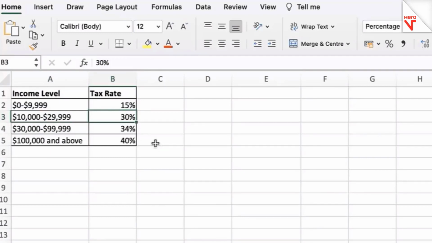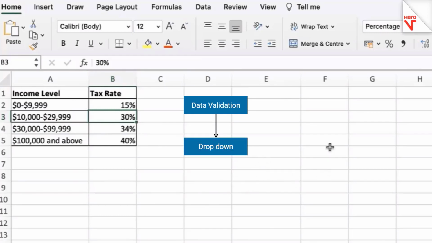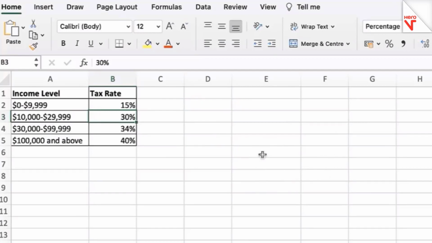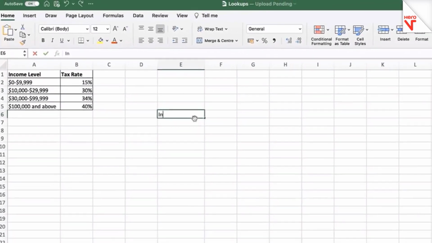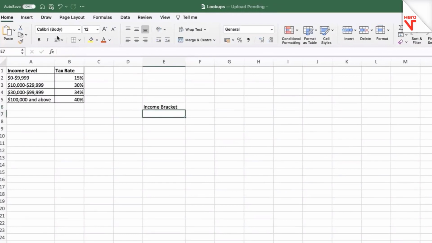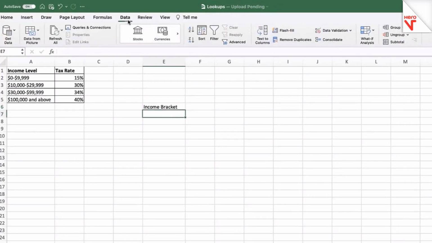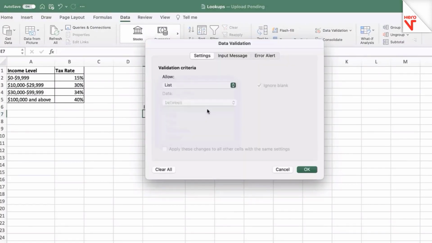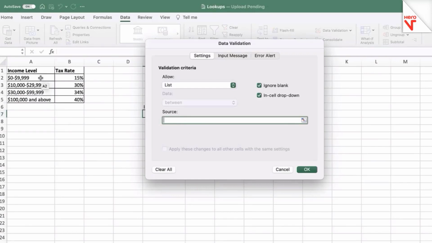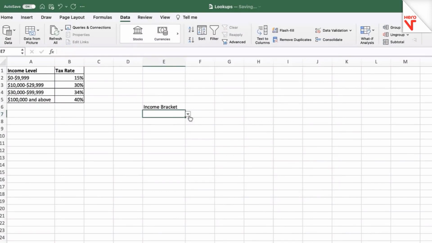The first thing we'll do is some data validation and create a drop down for the income level at some place on our Excel sheet. Let's say I want to create a cell called income bracket, and let's do some data validation here. Let me go to the data tab, then data validation, and let's select the list as one of the options. In the source, let's select these values. Now you can see we have a drop down,